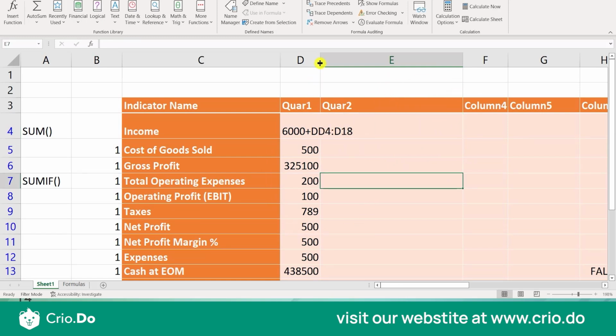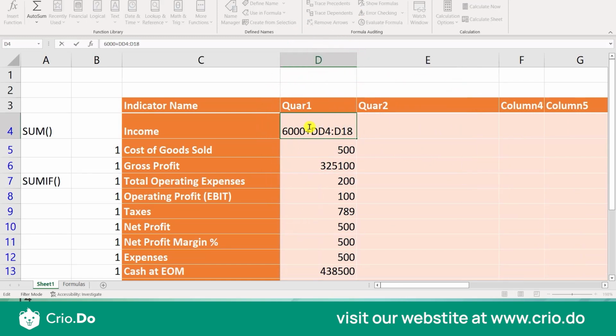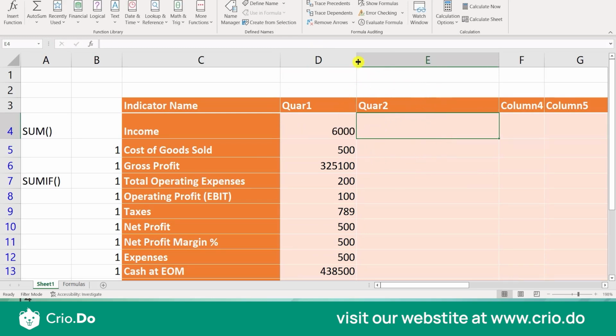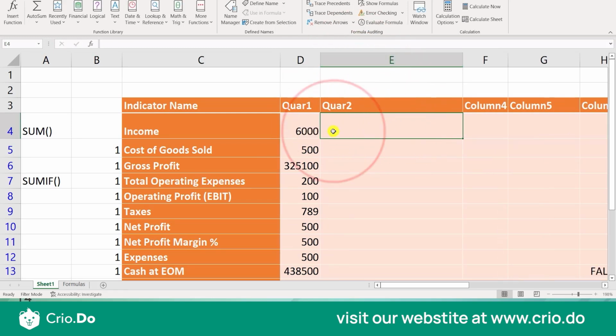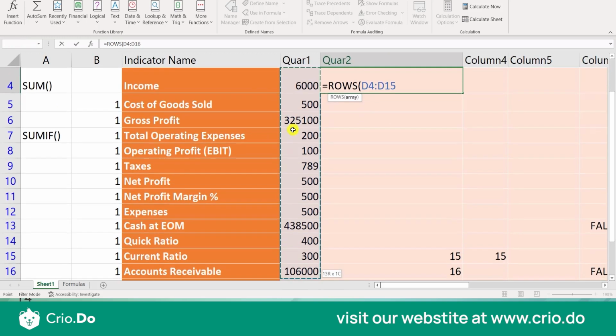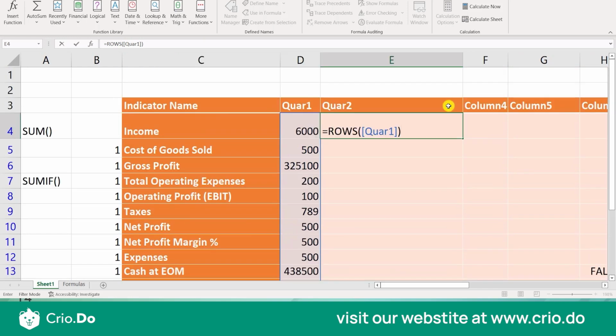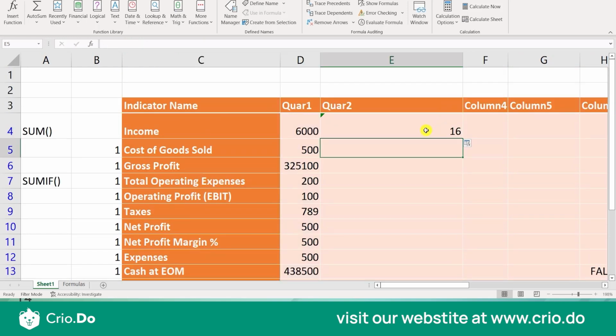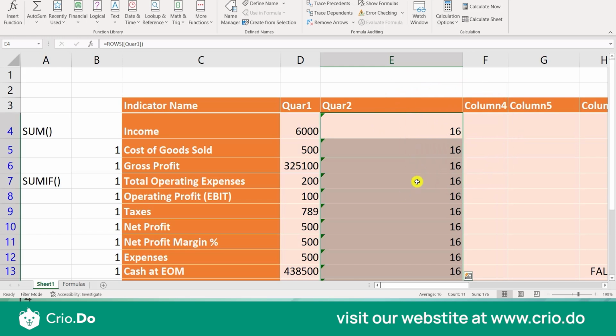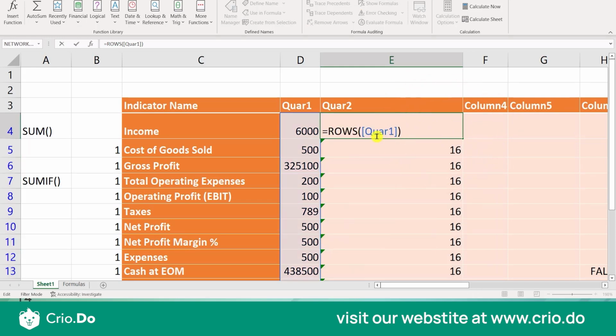So let me correct this first and then I'll come to this ROWS function. Now this data looks fine with all numerical values, and then we'll be providing this complete range to this ROWS function, closing the parenthesis and clicking on enter. So this is 16. Yeah, we have 16 rows here. Similarly, let me try it with a column